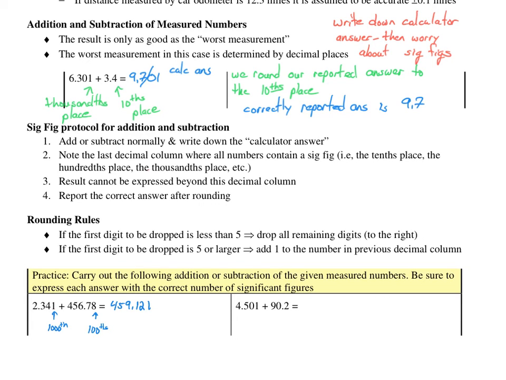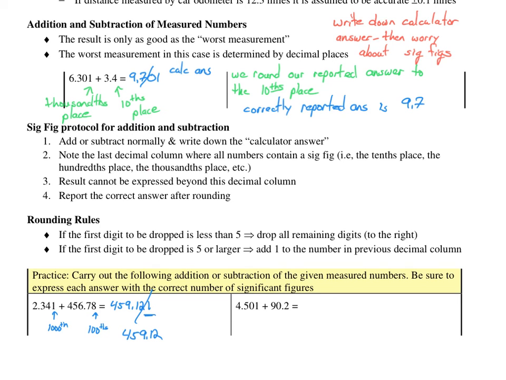So our final answer can go no further than the hundredths place. We put our marker down there as a visual reminder of that. We look at the first number to be dropped. We see it's less than 5, so we just drop that and anything else that may follow it to the right. So our final answer is